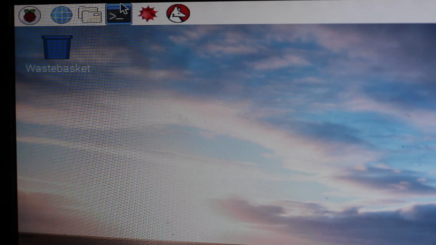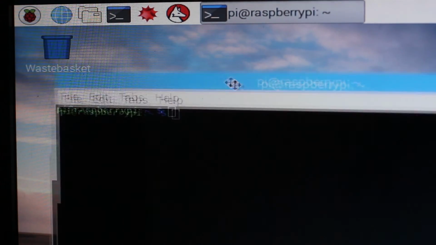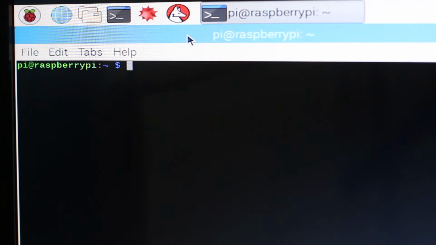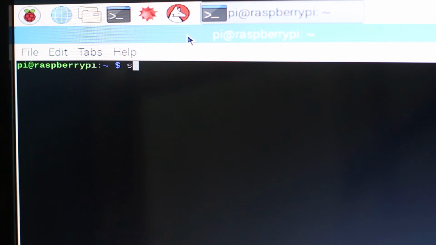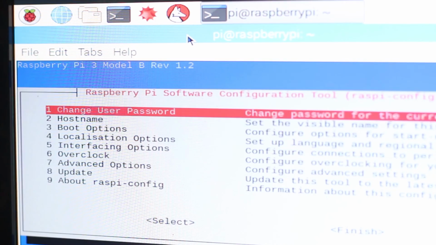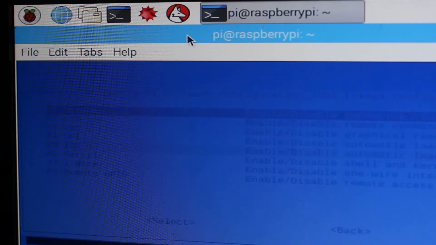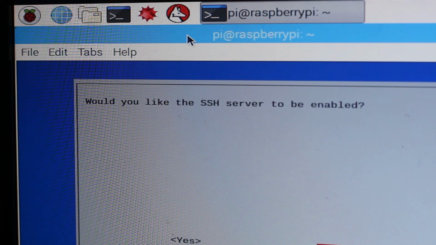We are going to enable the SSH now. Open the terminal window by clicking the terminal icon on the screen and then type in sudo raspi-config. This is going to invoke raspi-config utility. Then choose interfacing options and then choose SSH.